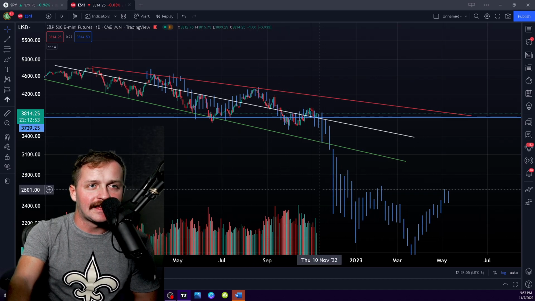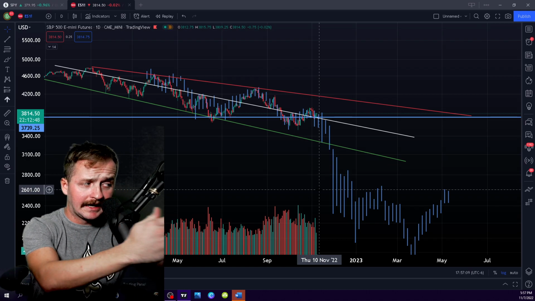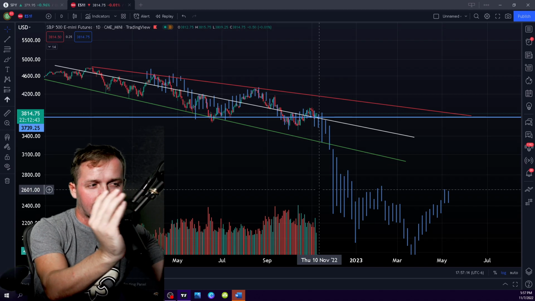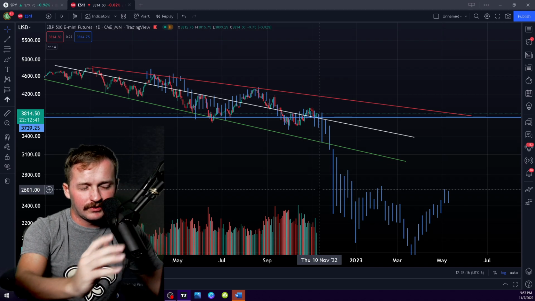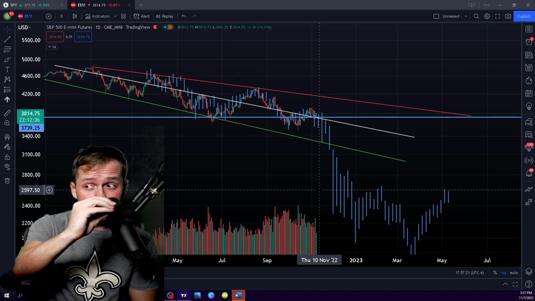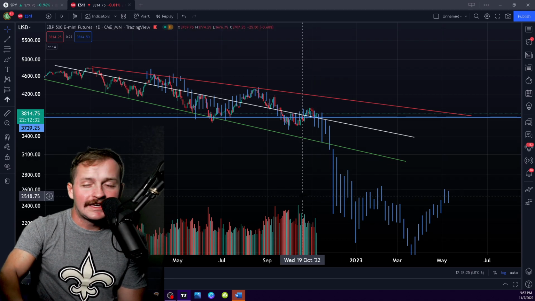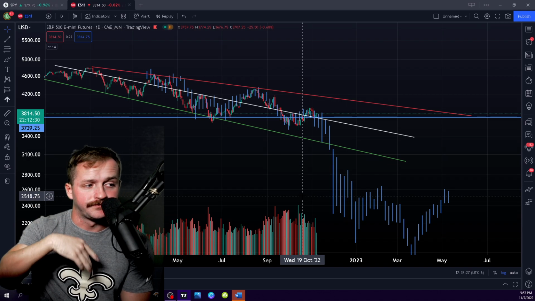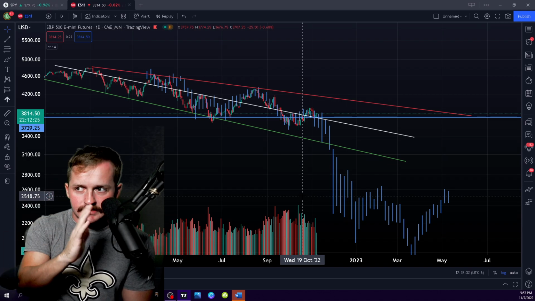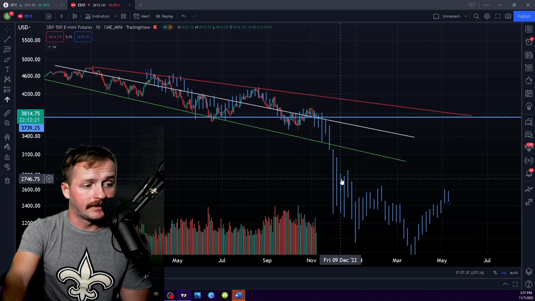And I'm not saying that I'm holding a bunch of weight in this, but you can see that, even if you extend it back to the top of this move, I just kind of chopped it out here so that it's a little bit more accurate towards the end, which is what we were really focusing on. But if you segment it, the moves are very similar historically throughout this entire bear trend. So it's just something to keep an eye on, pay attention to. Don't bet your freaking house on it, but just make sure that you're paying attention to it, because I will say that this move, right, on the daily,